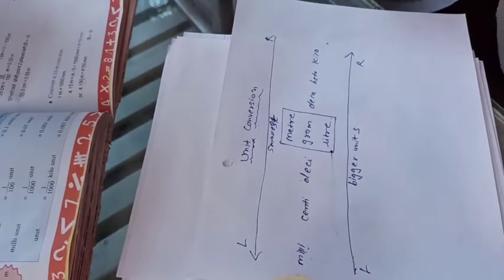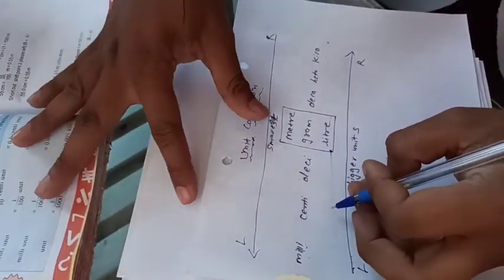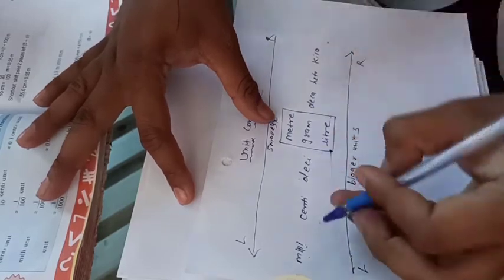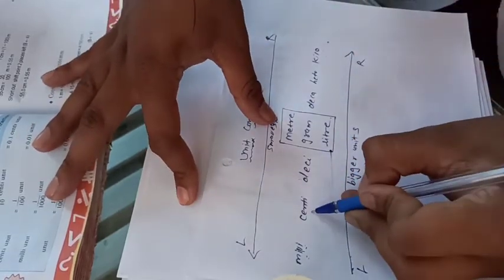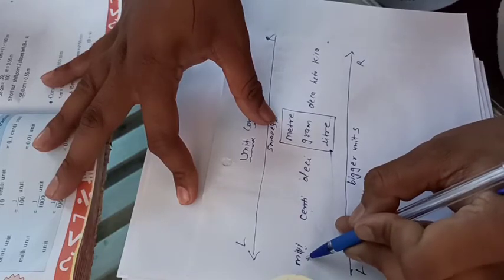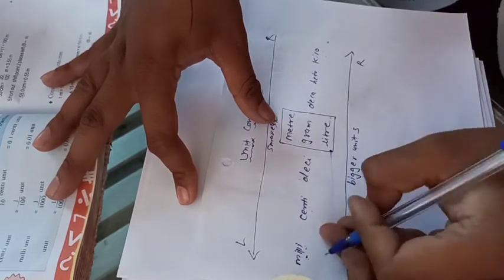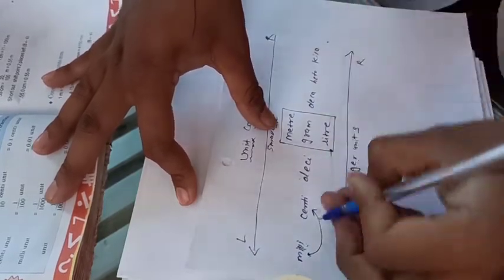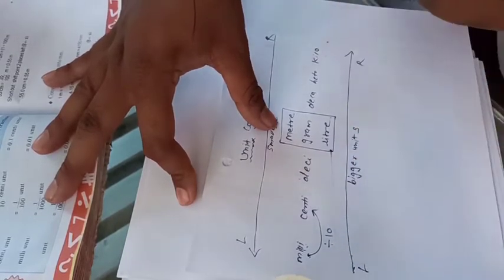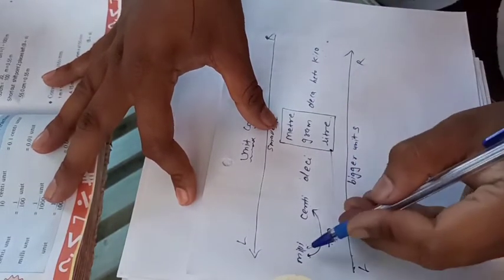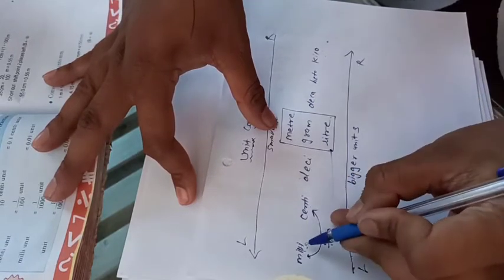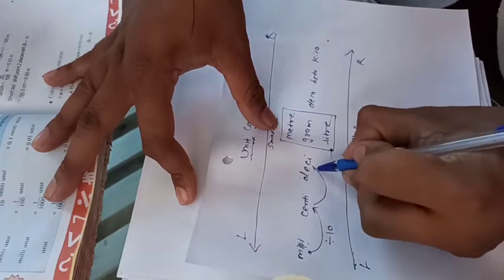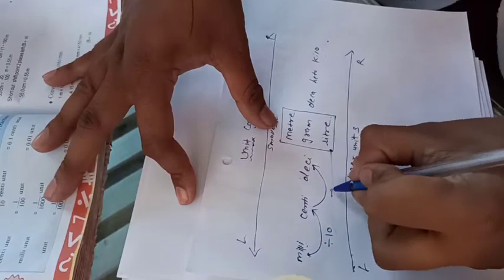Now how to convert? Always remember whenever we have to convert a quantity from smaller to bigger, suppose we have to convert millimeter to centimeter, we always divide the quantity by 10 for consecutive quantities. And if we have to convert millimeter to decimeter, again we divide that quantity by 10.